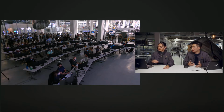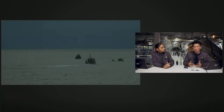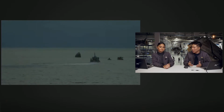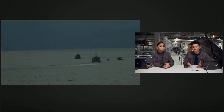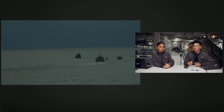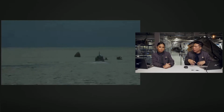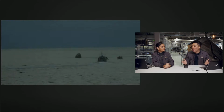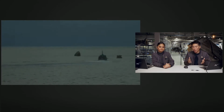So we also heard that Jared had given us the confirmation of stable 1. What that means is Dragon has splashed down and is upright. There's also a stable 2. Dragon can actually be upside down or sideways. It is waterproof and has systems where it can pump seawater into some bladders to help keep it upright. So again, stable 1 is the best possible scenario that we can achieve, and that's what we see on screen